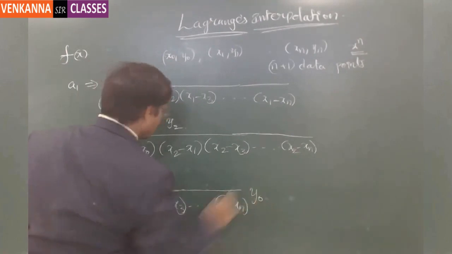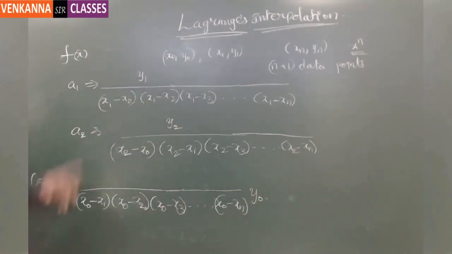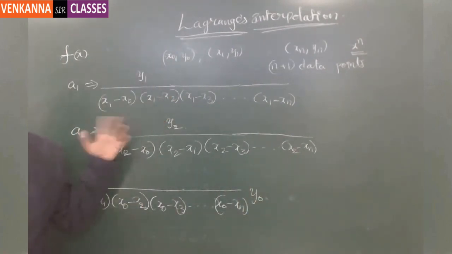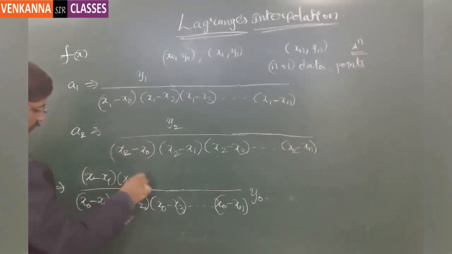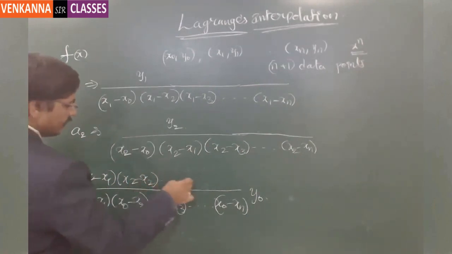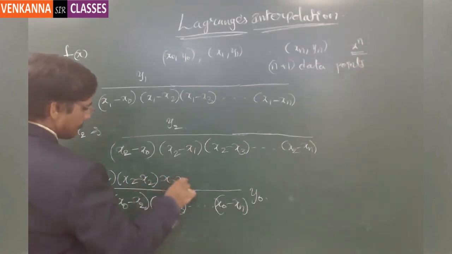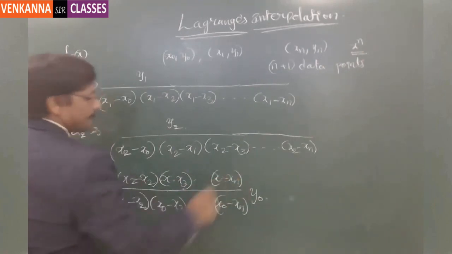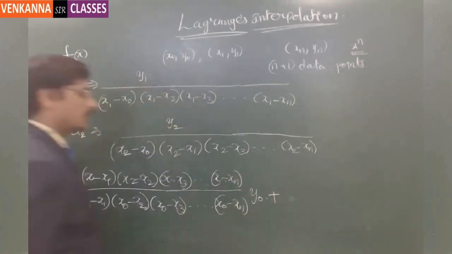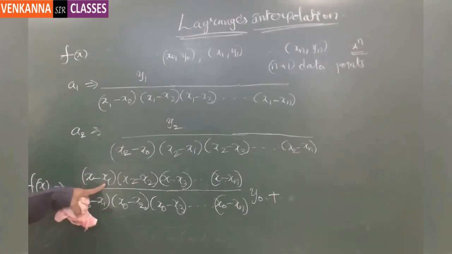So this is y0, and then the numerator, initially when we imagined the polynomial value, we have imagined as x minus x1, x minus x2, x minus x3, dash dash dash x minus xn. This is the first term,